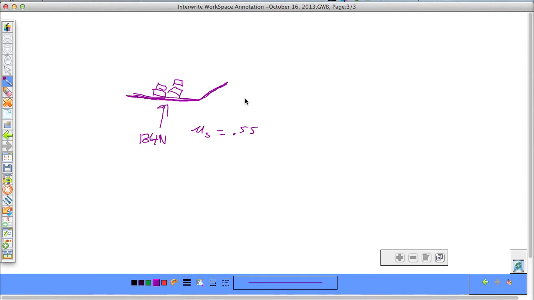They need to calculate how many Oompa Loompas it's going to take to pull that. Just to get it started, we're going to have to exceed this static friction. Our force of friction static we don't know. So our force of friction static is going to equal our coefficient, which is 0.55, times our force normal, which we know is 134. And this is going to tell them how many Oompa Loompas they need to pull their books around campus. So 0.55 times 134 equals 74